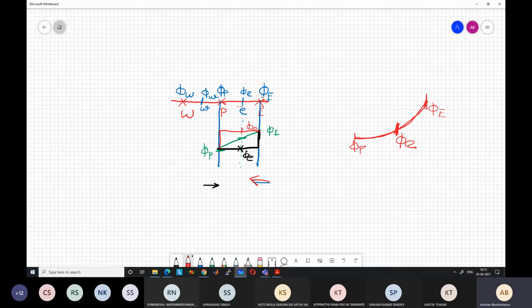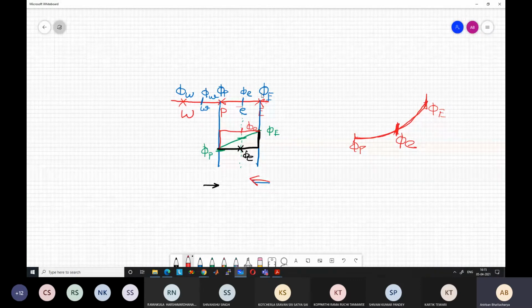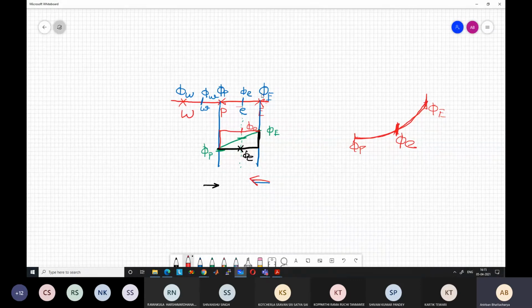So before going into the next part, I have one question here. Say we find that the Peclet number is greater than 2, and our central difference scheme does not work. But we want to use the central difference scheme only. Is it possible to use it if the Peclet number is greater than 2? Can we modify something so that the central difference scheme will work? Can anyone answer?